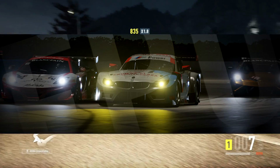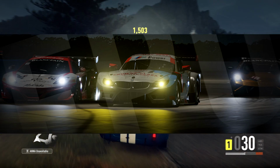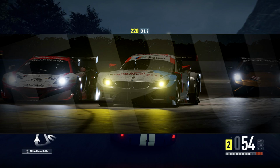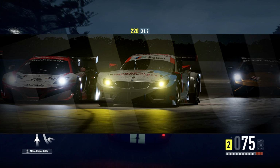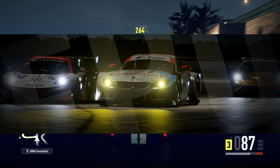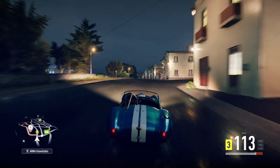And the third image is definitely something to look at. You can see some GT racing. The cars seem to be slightly wet, I can't quite tell there, but the main thing I wanted to say here is night racing is here. You can see the lights are working, the reflections on the road of the lights. It is nighttime. It is actually going to have nighttime in Forza, which is absolutely awesome,